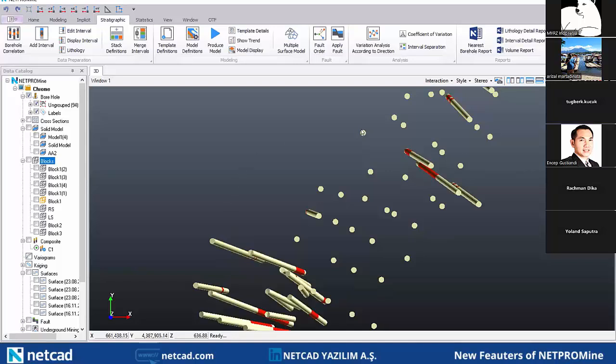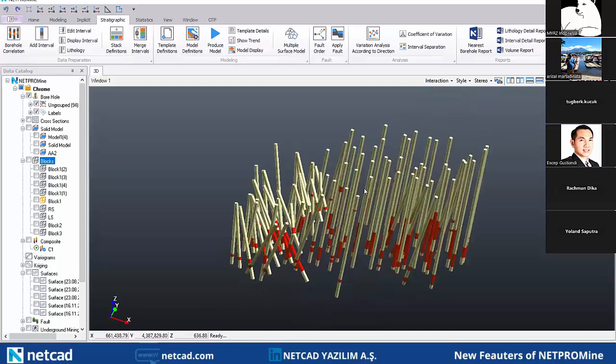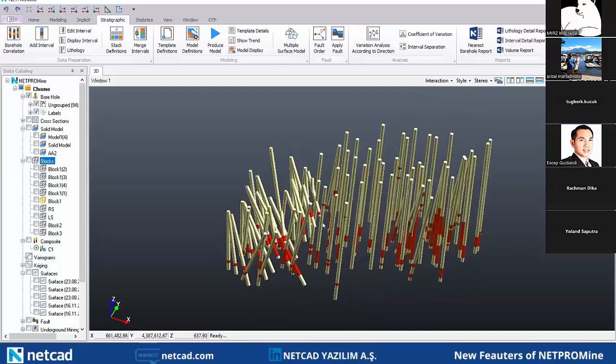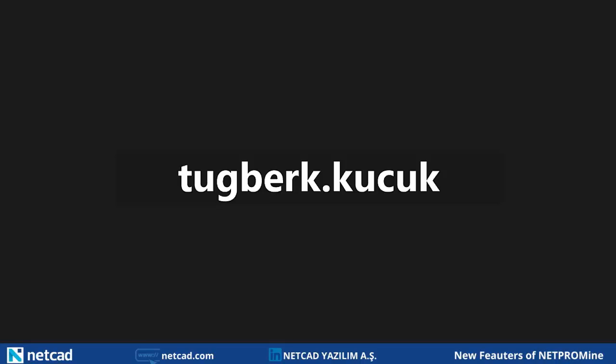Okay, so in general, this is the new features that we bring into the NetProMine. I can also share